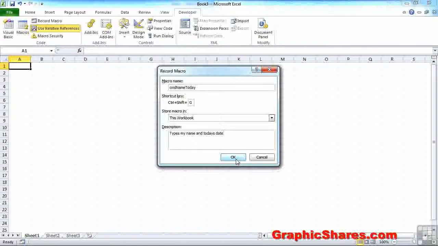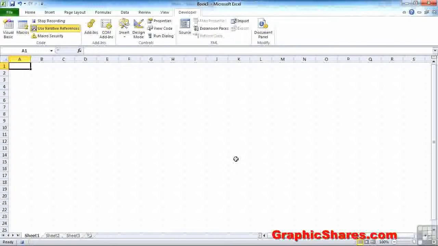When I click OK, the macro starts recording. Now I know it's recording because on the developer ribbon, I have an option for Stop Recording, and down in the lower status bar, I have an option for Stop Recording. All I need to do now is record the steps. Now it only records physical steps, it doesn't record time, so you can do this really slowly to make sure no mistakes are made. So where the cursor is, I would like to type my name,